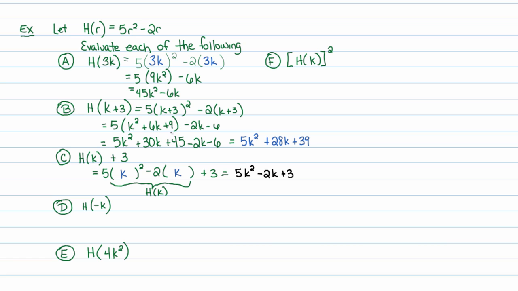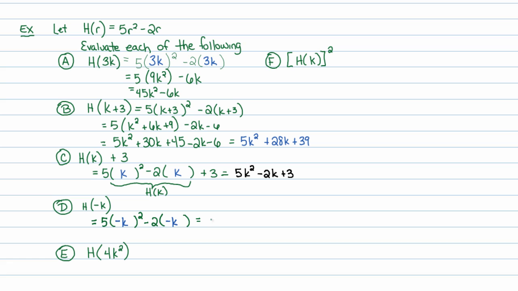So each time you evaluate a function here, or you're asked to evaluate maybe a combination of a function and a constant or something like that, every single time you see I am rewriting the function with blanks. Again, this one, h of negative k, is equal to, well, 5 times something squared minus 2 times something. Remember, h has this form. And instead of writing an r in here, I'm going to write a negative k. And this actually will equal,